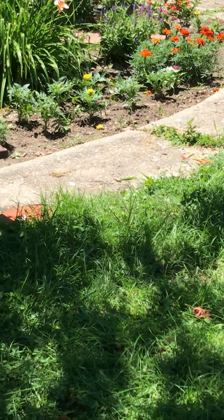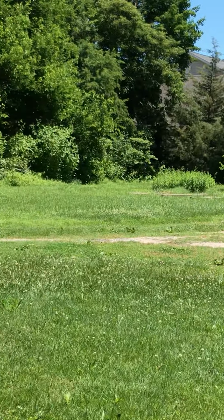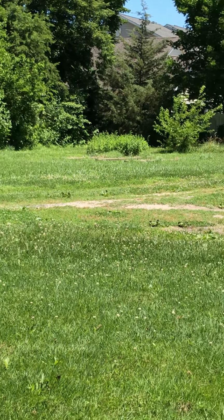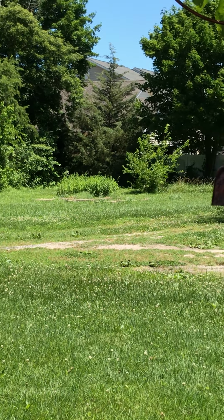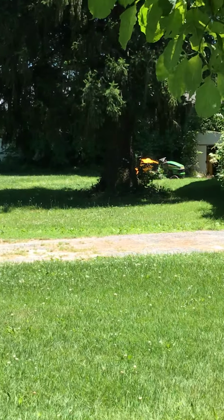Sorry about the car noise. I think a lot of people like to use our street as a shortcut to get from the center of town out towards Georgetown, and there's the mint. It stays pretty busy. Once I let it start going to blooming, it's going to just be full of bees and butterflies and all kinds of other little non-dangerous insects. Even the ones that can sting or bite don't really seem to bother me, and I don't bother them. But yeah, the grass looks great, but if you can tell,